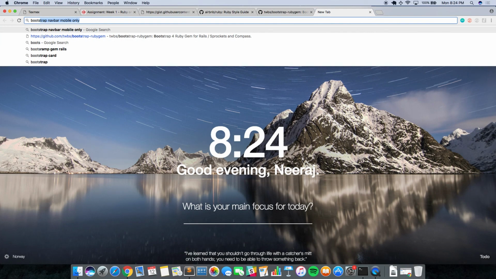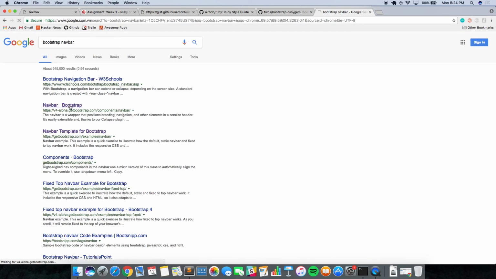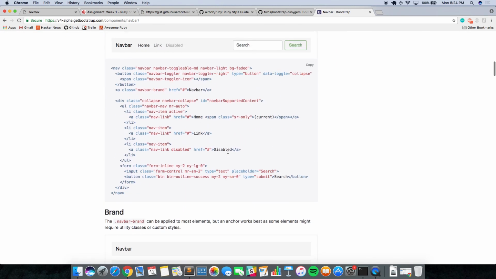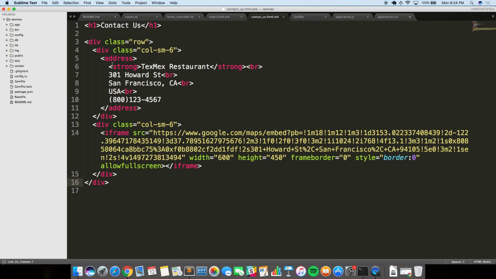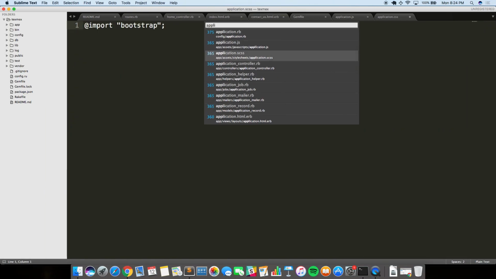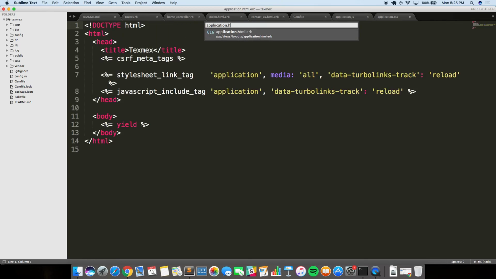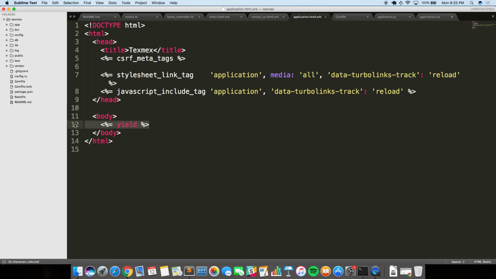So we're going to go ahead and look for a Bootstrap nav bar. We'll just add that in. Fantastic. Here it is. And so we can add it into this application.html, which is included on every page. So the stuff that gets put in here is included on every page, and you'll see here the yield, which means whatever the controller defines, the view that the controller passes back, will get put into the